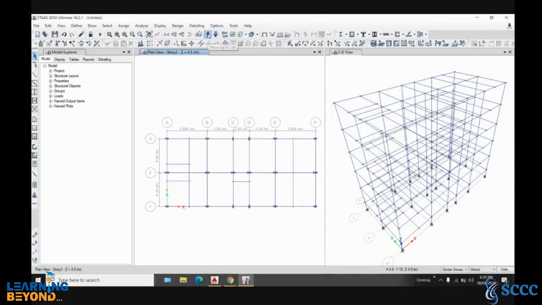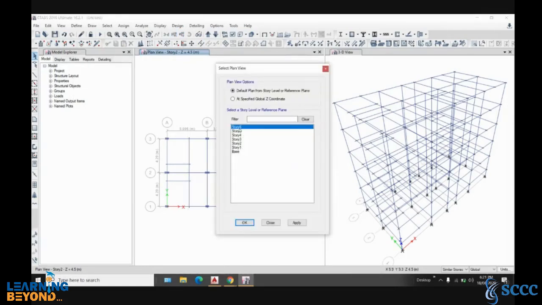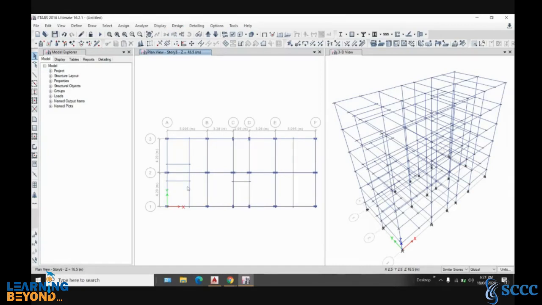Then if you go to 1 story, so all story, this is base, plinth, first. So it is drawn at all story. Now at story number 6, which is terrace, and go to 1 story, so that only this much will be deleted, because at terrace these beams are not there.